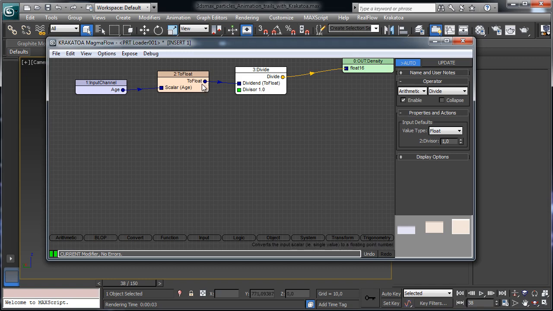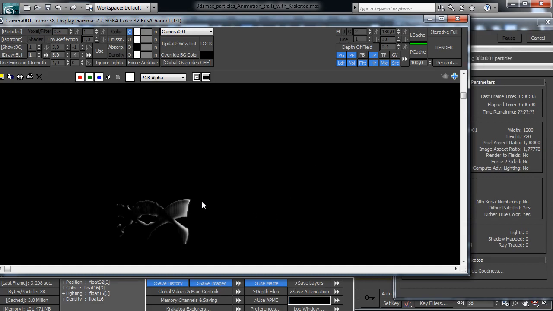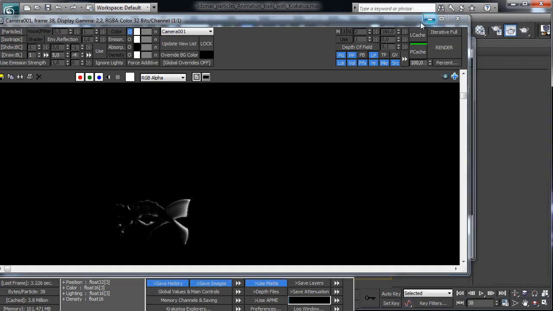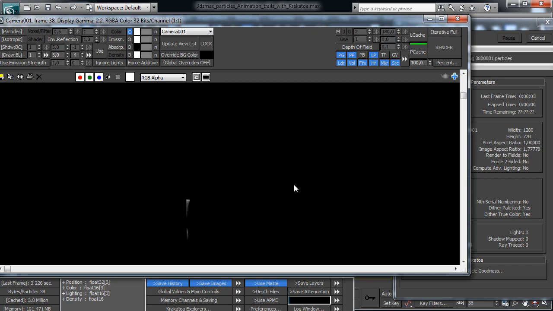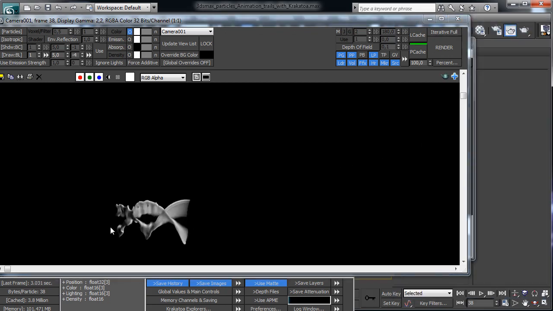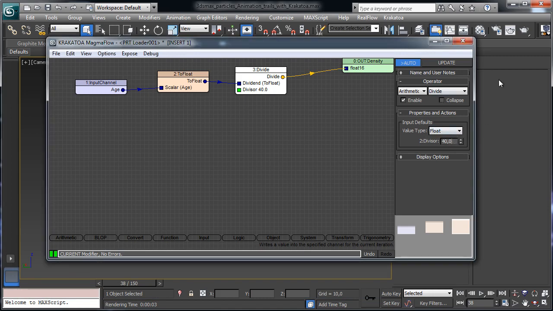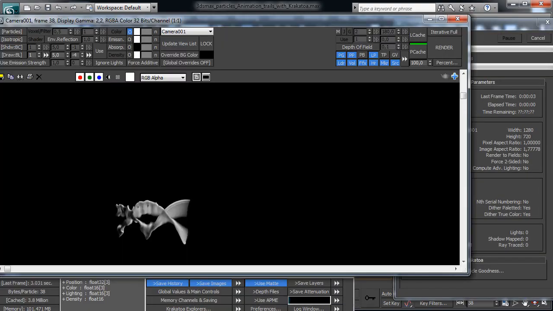So actually it is, for example, picking the age for a particle that is 40, and it is divided by 1, and again we have 40. So if we go to render, we should have the same rendering we had before. If we go there and we say to divide, for example, for 40, we should have a different rendering, because you see we are dividing the density, and it is still high because, you know, we are using a really low density. So let's see, for example, what happens if we try to use 400. Let's go to render,